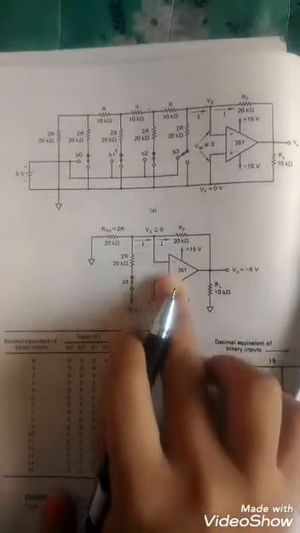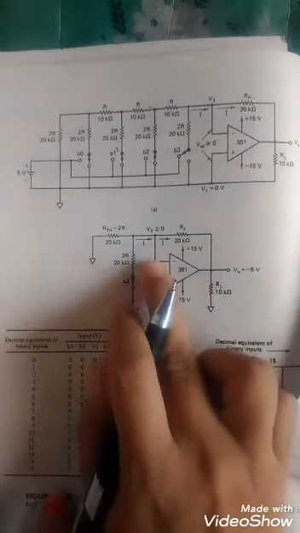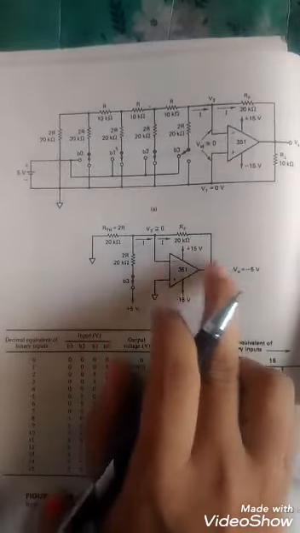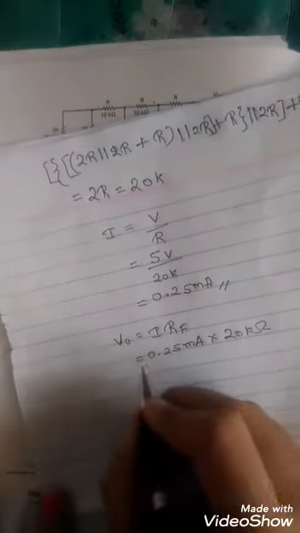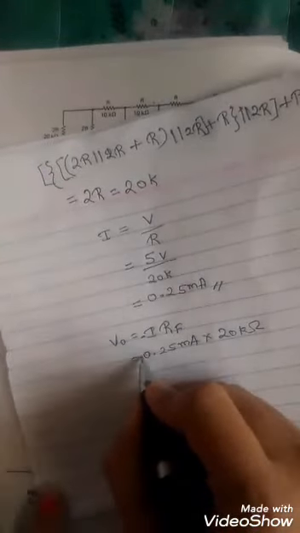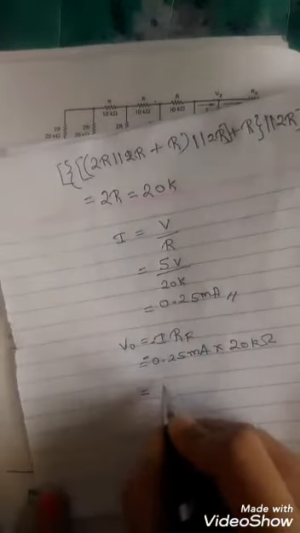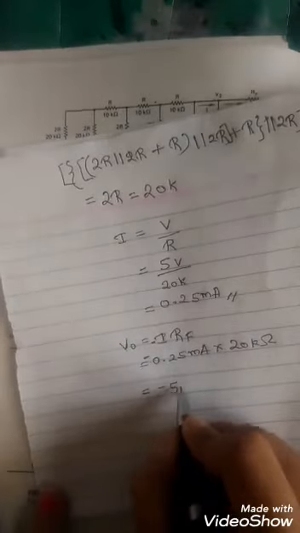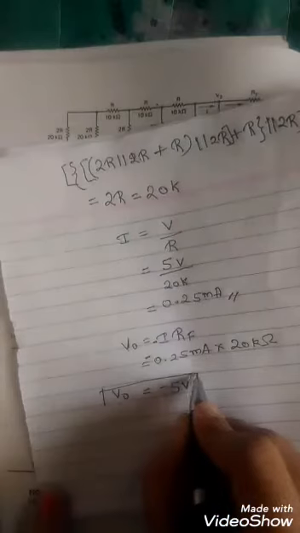in the circuit. If you see, check now. This is your operational amplifier. We will be connecting the input voltage to the inverting terminal. Then what about my output? Output is also inverted. Right, then what can I write? V0 is equal to minus I into RF. Therefore the answer you are getting is negative, which is equal to, if I solve this, what will I be able to get? Minus 5 volts. This is our V0.